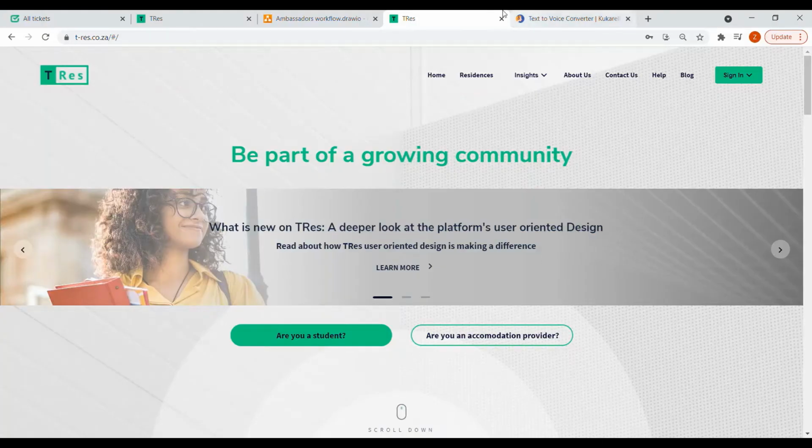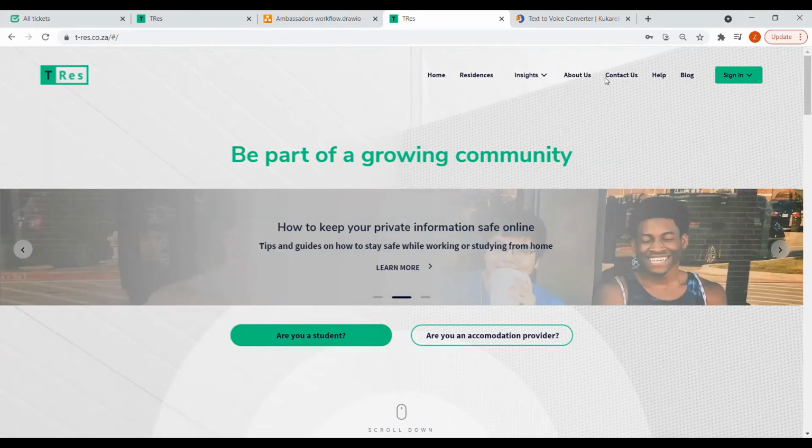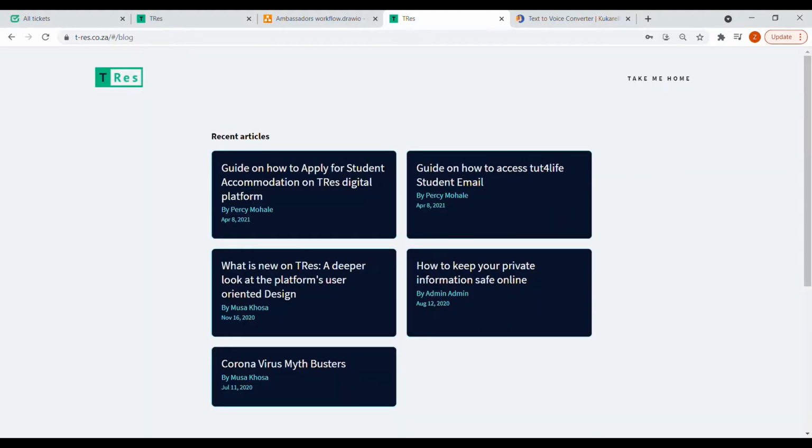The first thing you will see when logging into the Tres platform is the homepage, and at the top right corner there are tabs. In this tutorial, we are interested in the blog tab. Double-click on the tab and once the page has loaded, you will see the articles that have been uploaded on